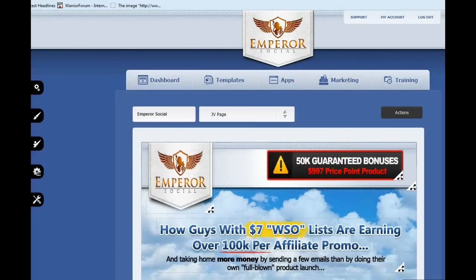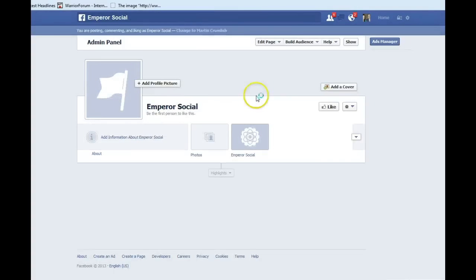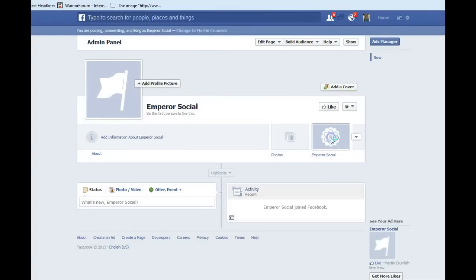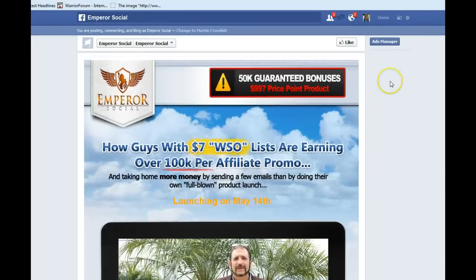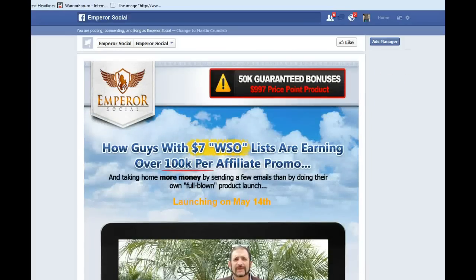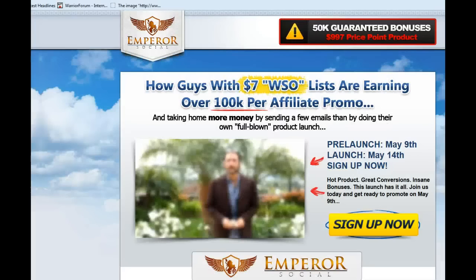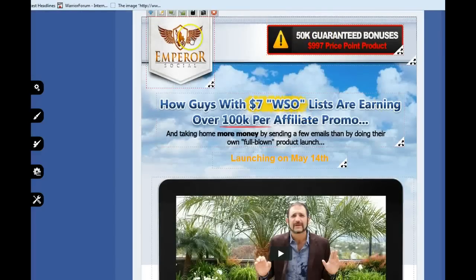So I'm going to jump over to Facebook now and go to the page I just made, and you can see how it's taking place. And there we go, there's our page now fully set up. And just to show you, this is the page I did in real time. Let's say you wanted to change it now. If you wanted to add another logo or something like that for some reason,